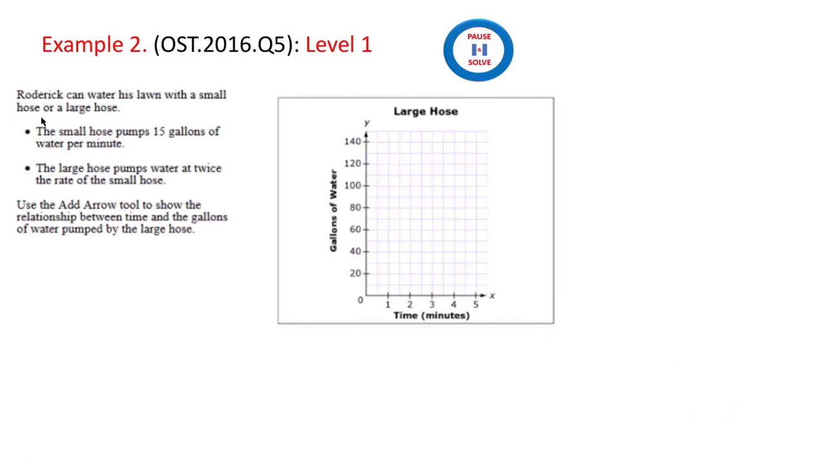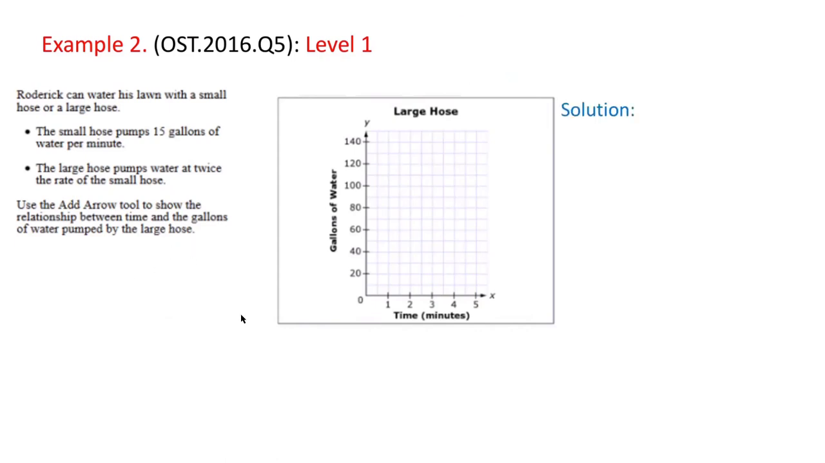Question number 2. Roderick can water his lawn with a small hose or a large hose. The small hose pumps 15 gallons of water per minute. The large hose pumps water at twice the rate of the small hose. Use the add arrow tool to show the relationship between time and the gallons of water pumped by the large